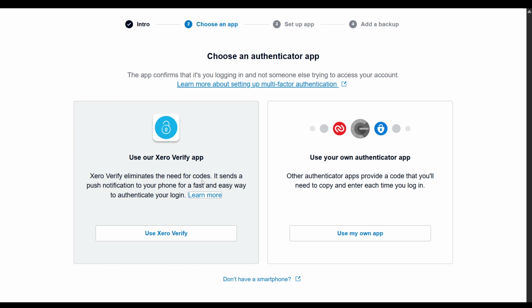you log in. If you choose to use Authy or another authenticator app, you'll first need to install that app on your smartphone. Once installed, you'll scan the QR code provided during the setup process. This code is crucial as it links your authenticator app to your Xero account. Alternatively, if you're using Xero's app, simply follow the on-screen instructions specified within the app itself to complete the setup